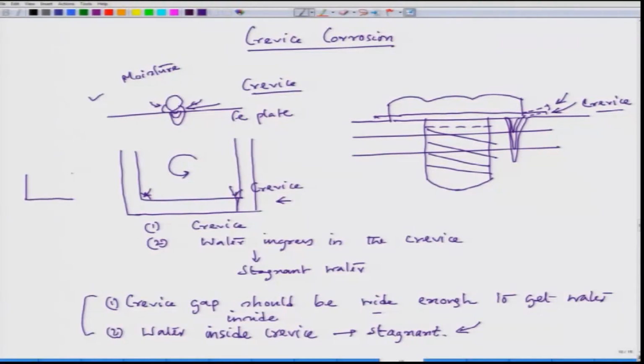Now, in this case this exactly can be done. Instead of having a sharp corner, we can have a container design like this. Once we have a container design like this, you see in this portion I have avoided crevice. And now, if there is a flow in the water, this flow does not allow stagnant solution to form in that region. So, this is a typical example of how we can improve design, so that we can avoid some of the deadliest forms of